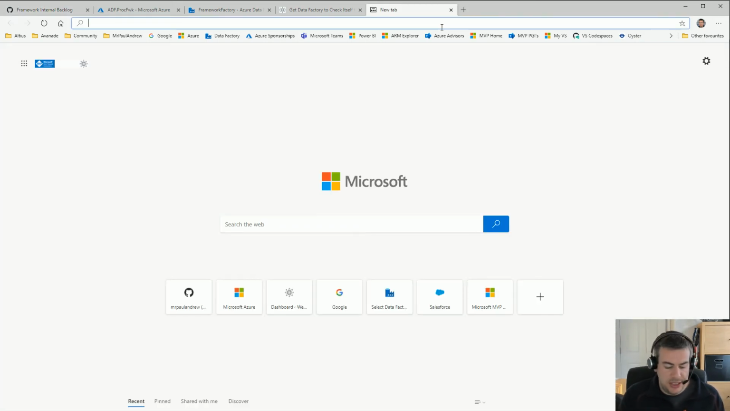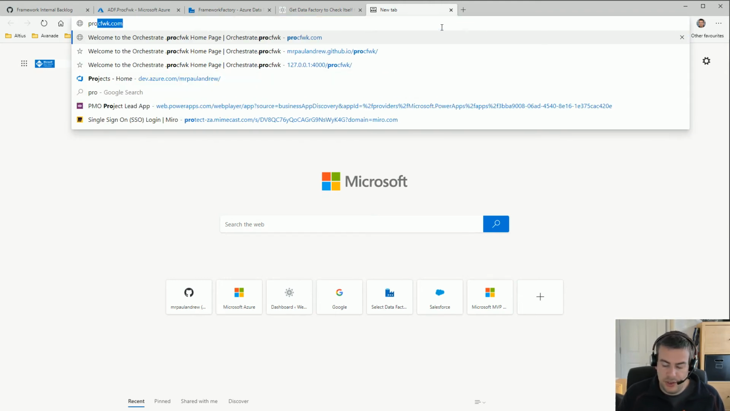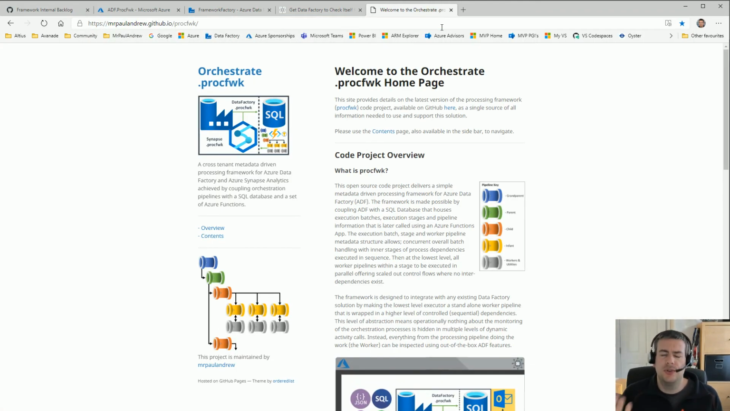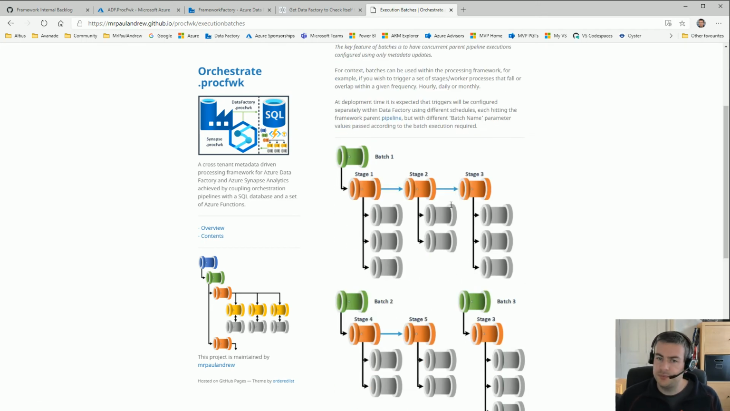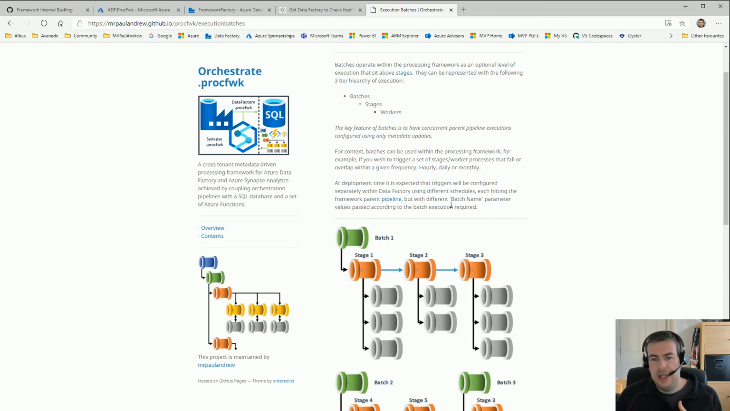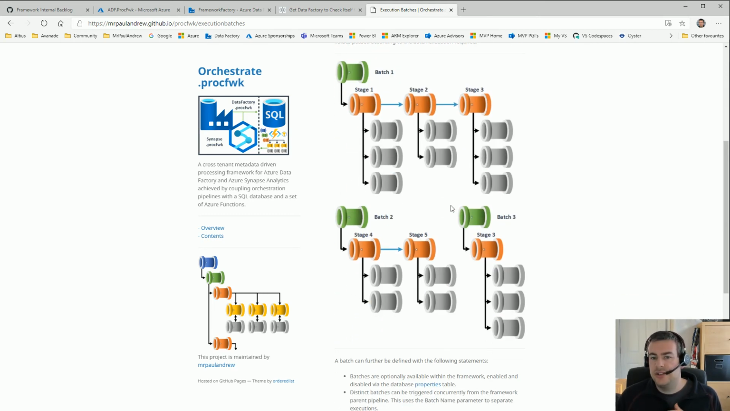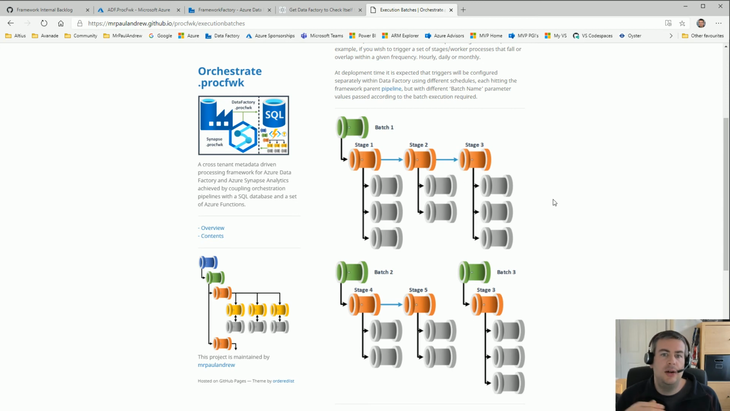Now, the best way to guide you through this is if we just go to procframework.com, which of course you all have as your homepage. And now what we have in the documentation is execution batches and execution stages. So the main thinking here and the main reason for this is to allow the parent pipeline to be called concurrently. So we execute the parent pipeline for batch number 1, as the visuals suggest here. And then we can call the parent pipeline again,